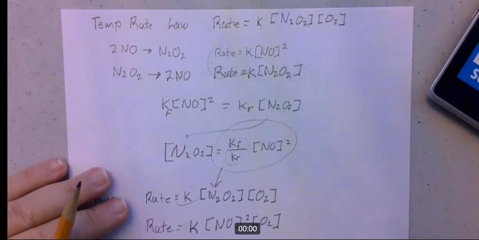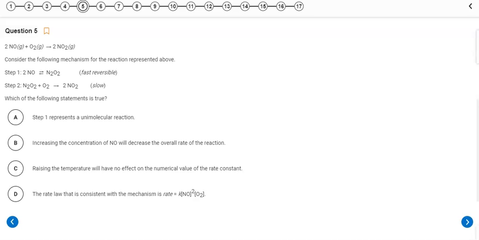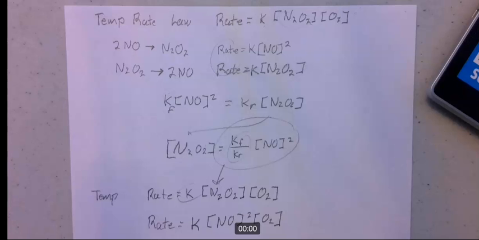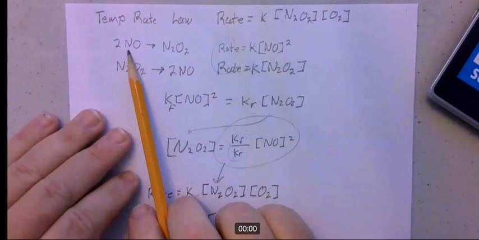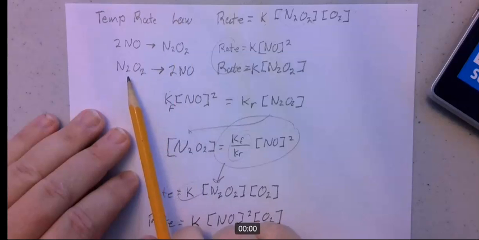So here we go. If you look at the first reaction, the step 1 reaction, it's reversible. That means it can really be divided into 2 reactions: a forward reaction where 2NO goes to N2O2, and a reverse reaction where N2O2 goes backwards to 2NO. So you have 2 reactions, and each one has its own rate constant, its own value of k. So when we look down here, here's the forward reaction, the 2NO going to N2O2, and here's the reverse reaction,